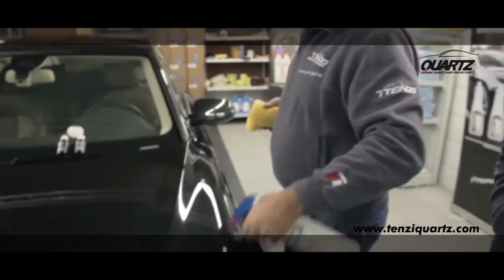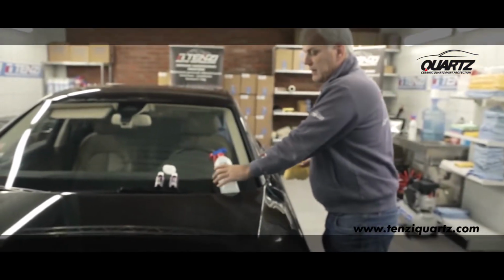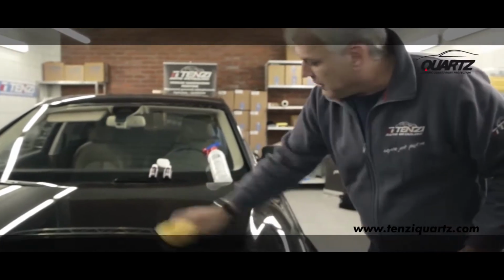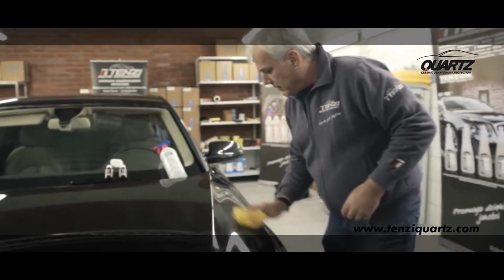So first, what we have to do before application, we clean the car, and as we are getting a very clean surface, we need to use the alcohol cleaner, IPA cleaner, for final cleaning and degreasing of the surface before